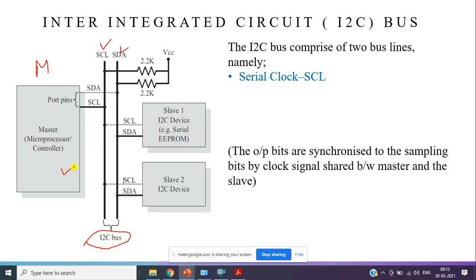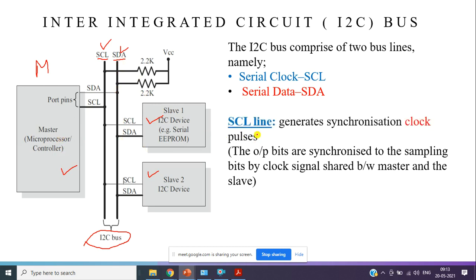Those hardwares we call slave devices. Now I need to make an interconnection or interface between this master device and the slave devices. These interconnections are done through a bus called the I2C bus, a communication channel, and here we are discussing I2C. This I square C consists of two lines. One line carries the generation of the clock and the other one is the data line. This is serial data; the name itself indicates that the data is carried serially.